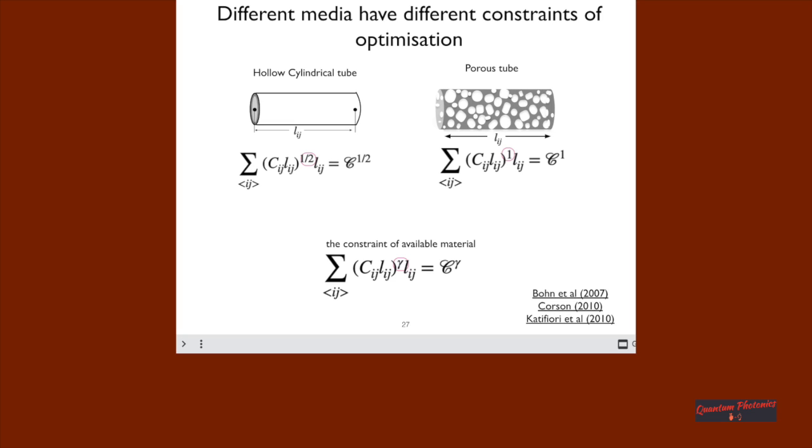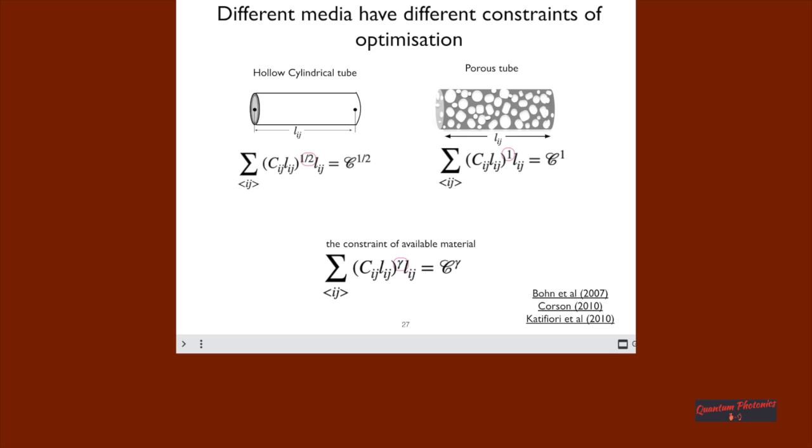Basically, what this gamma factor determines is how the conductances of the network are related to the available material of the network. As I talked about before, the available material is really important for network adaptation,